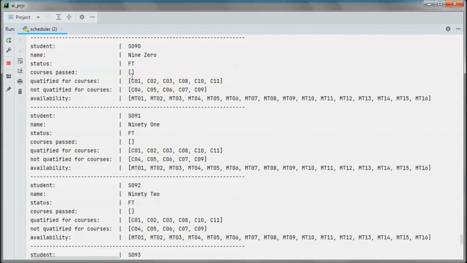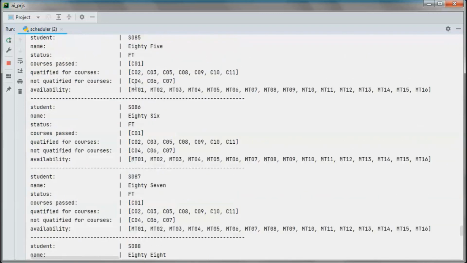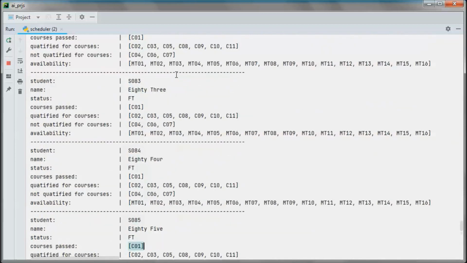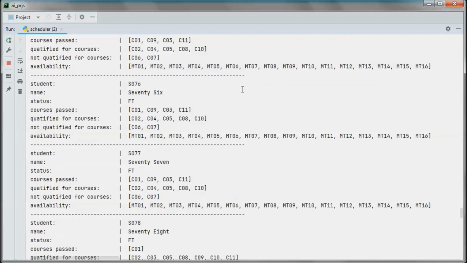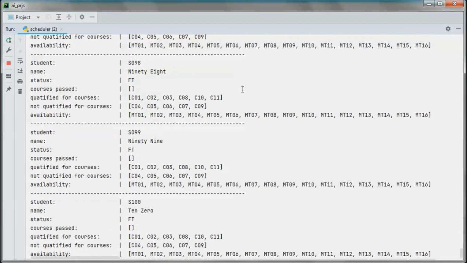So this one passed this course, and this one passed all those courses, and they are qualified for those courses and not qualified for those. And this is their availability, what meeting times they can be scheduled for.